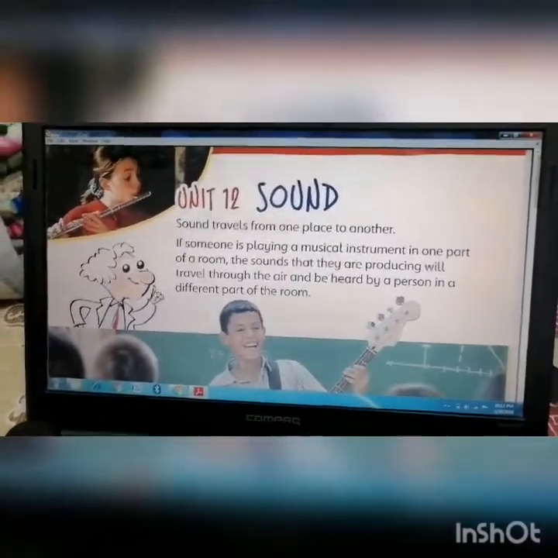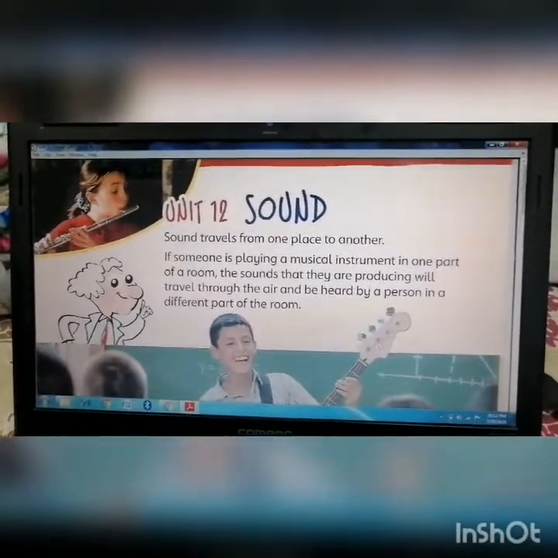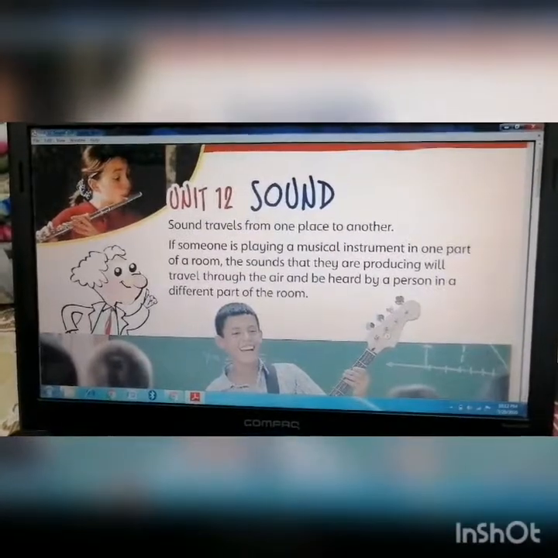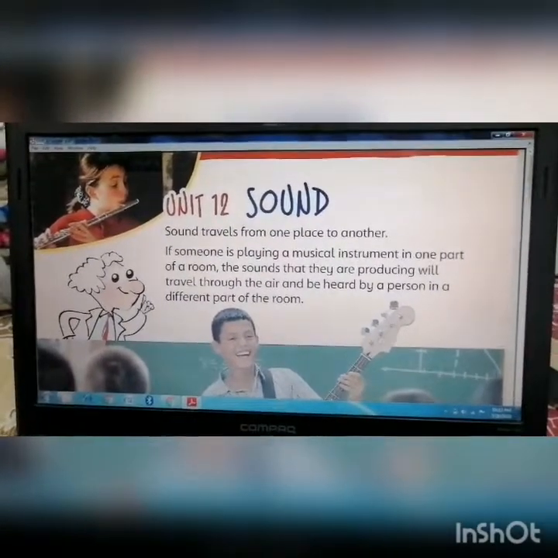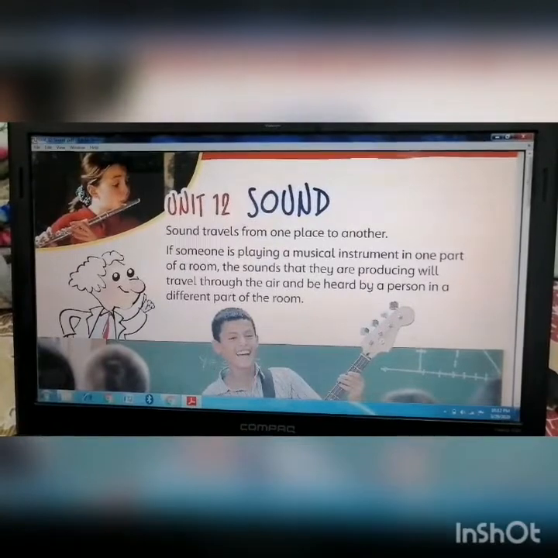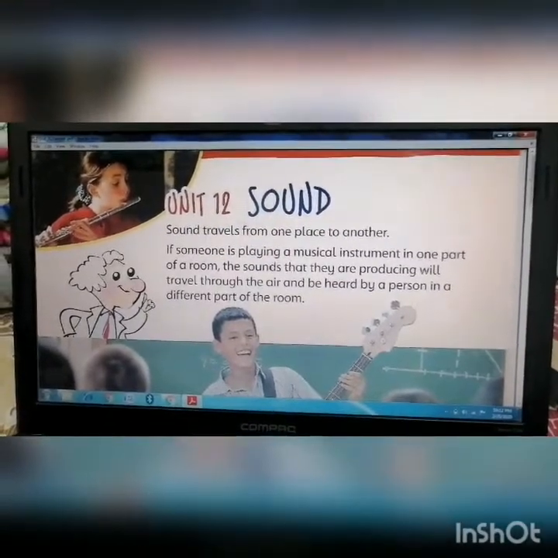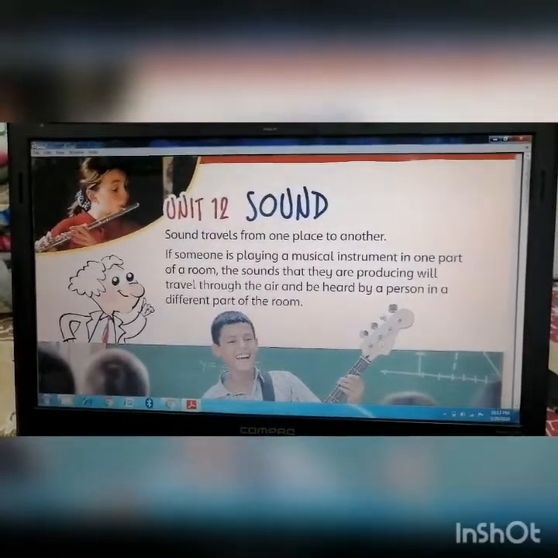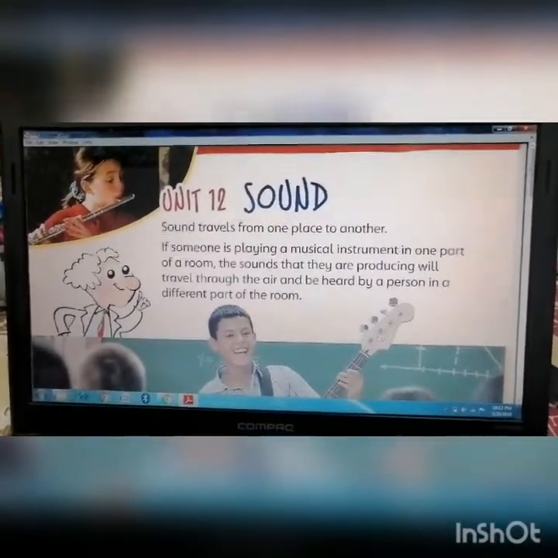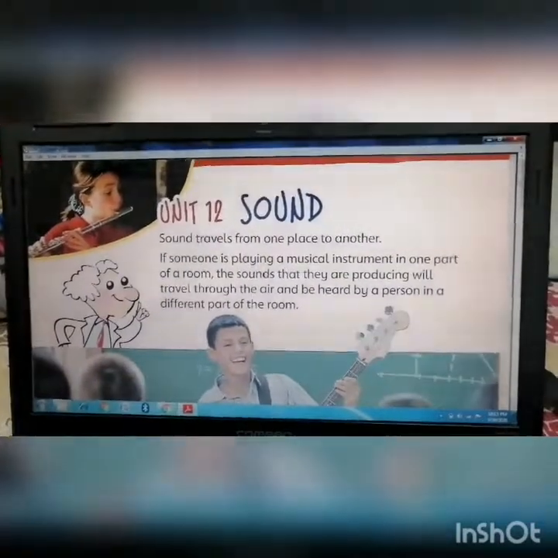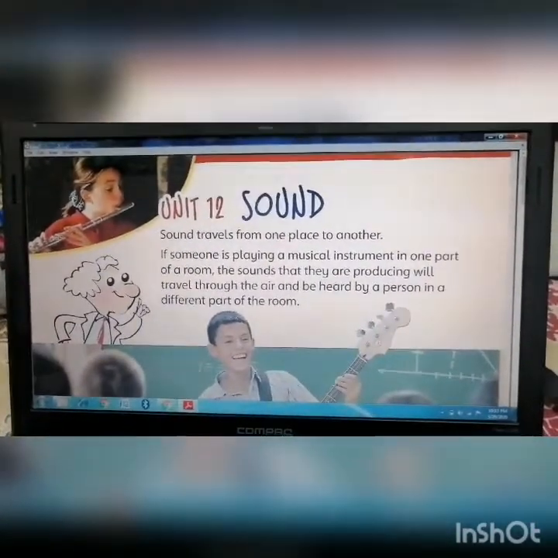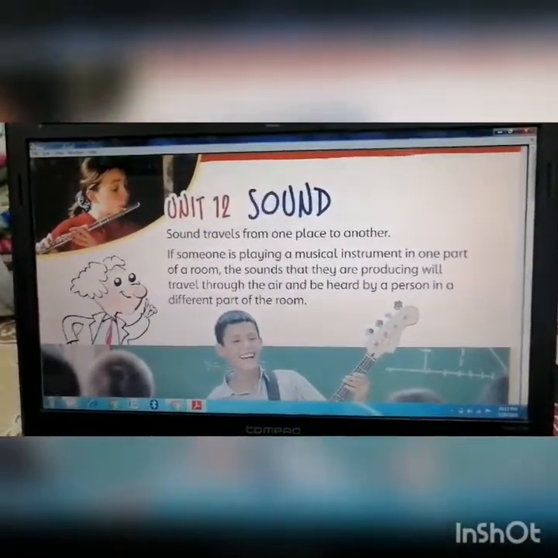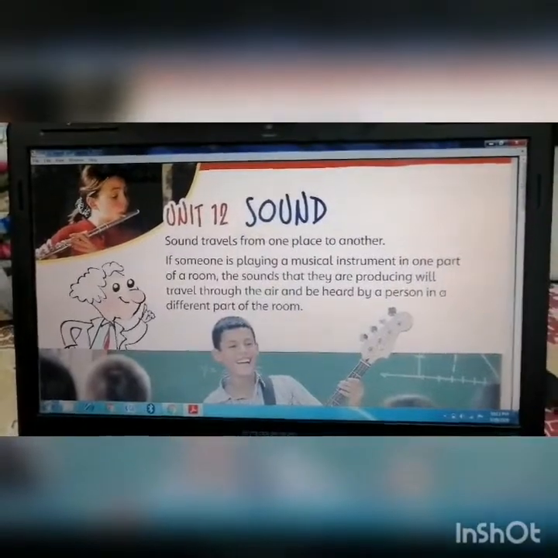So if I say sound, what is the first thing that comes up to your mind? For example, right now you can't see me, but you can hear me. So this is sound. And over here I'm recording it for you guys to listen to. My sound is getting into my phone and is being recorded, and you can hear it now. And sound travels from one place to another.